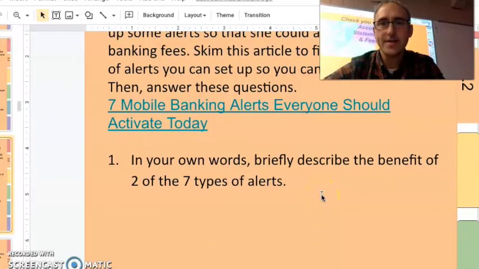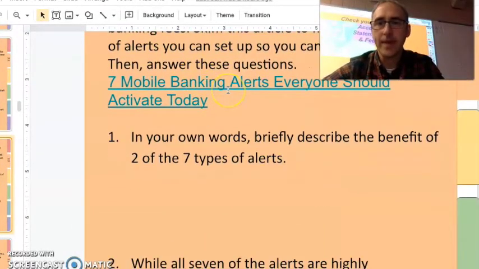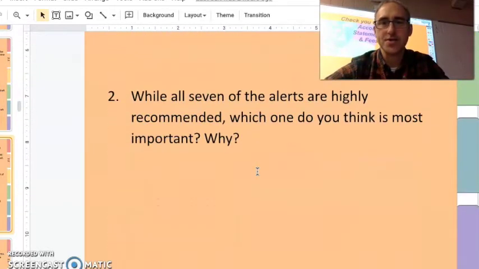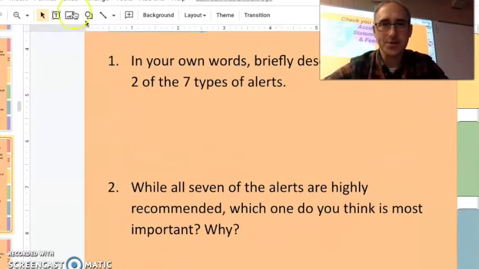So based on the 7 Mobile Banking Alert article that we just skimmed through, and feel free to go back and read it some more, you are going to answer these 2 questions. 2 alerts that you'd like to use in number 1. And then in number 2, while all 7 alerts are highly recommended, which one do you feel is most important